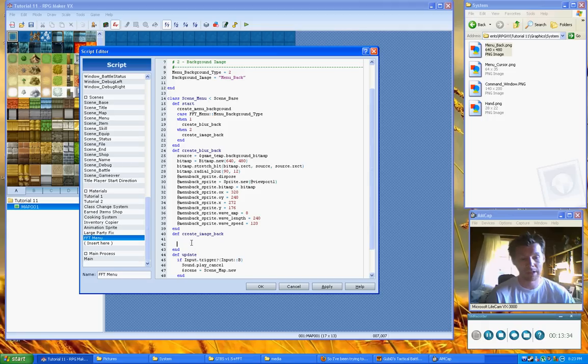So all we need to do is we need to go fetch the bitmap. Okay, so we're going to say bitmap equals cache dot, and I put that in the system folder, so we're going to say system, and then we're going to call the FFT menu background image, just like that. So that will fetch the bitmap. Then we just say bitmap equals bitmap,